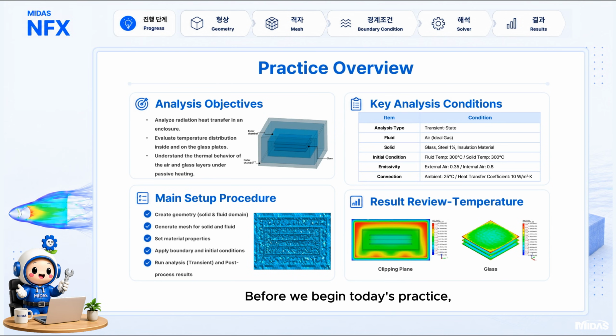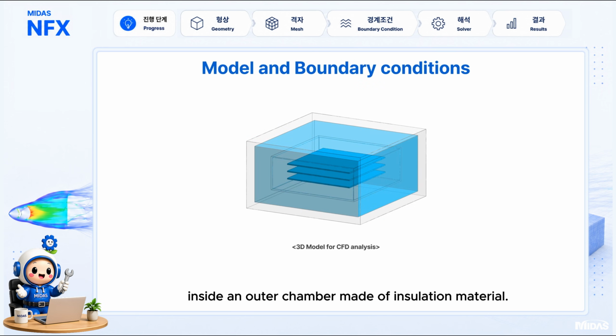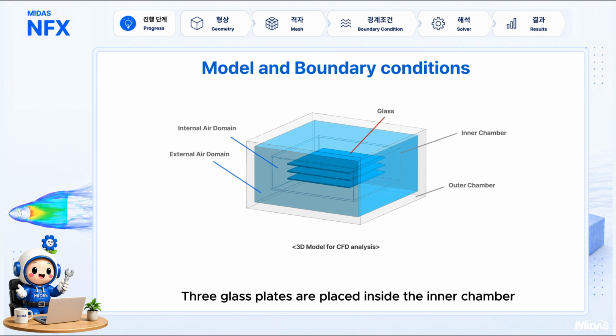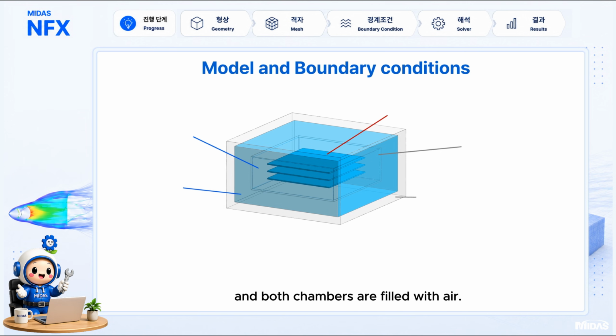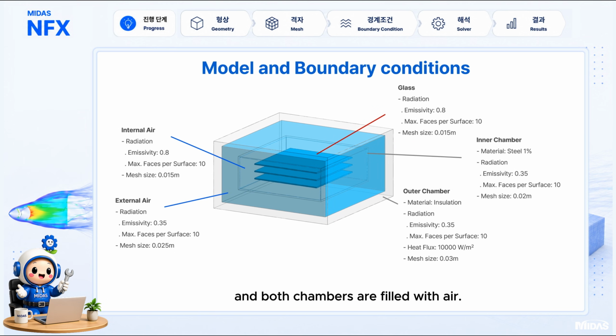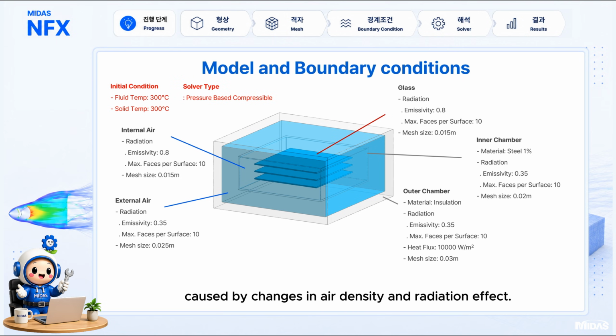Before we begin today's practice, let's check the model and boundary conditions. The analysis conditions for each region are shown on the screen. There is an inner chamber made of steel inside an outer chamber made of insulation material. 3 glass plates are placed inside the inner chamber and both chambers are filled with air. In this example, a compressible solver is required to account for the buoyancy effect caused by changes in air density